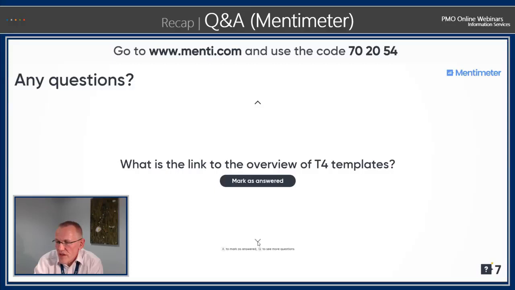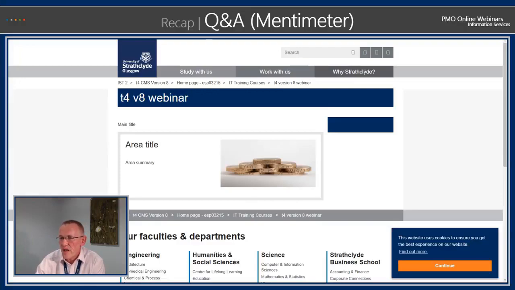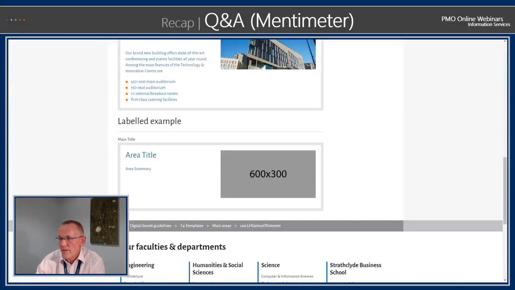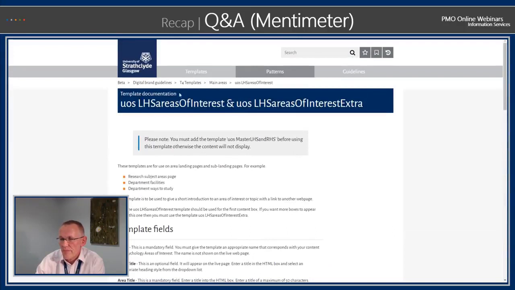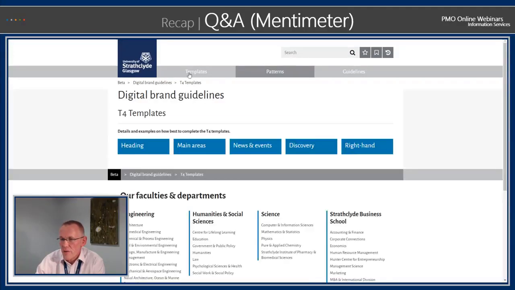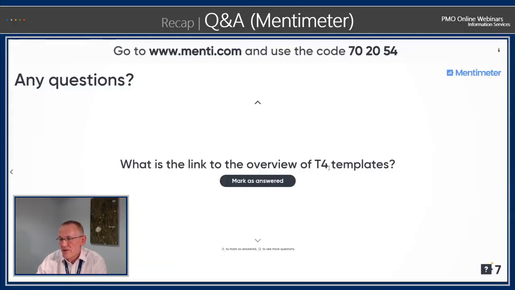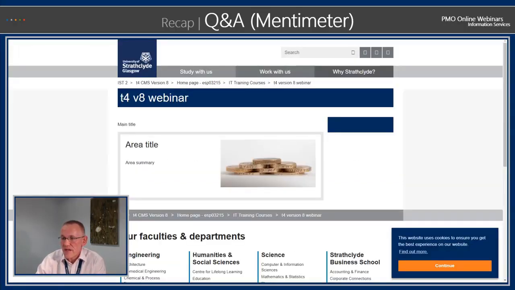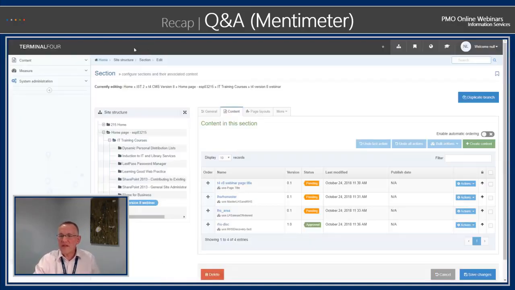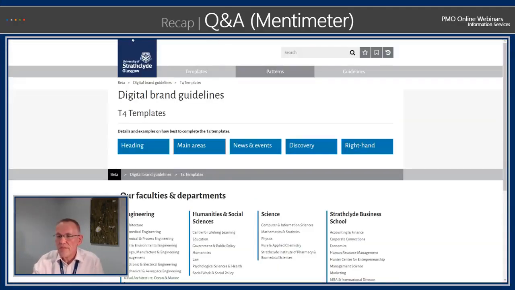I'm not sure I understand that question. What is the link to the overview of T4 templates? The support pages. All right, the support pages, okay. Over here, that's what I was referring to. Go back into here. What is the link to the overview of T4 templates? That link there, you can see it up here. It's a bit long for you to write down, but